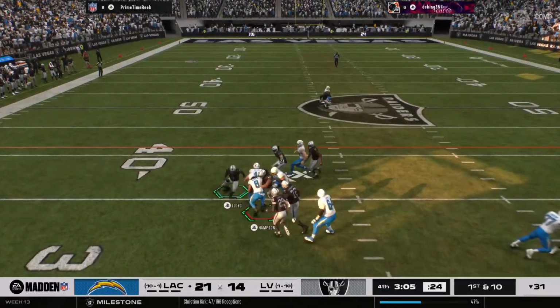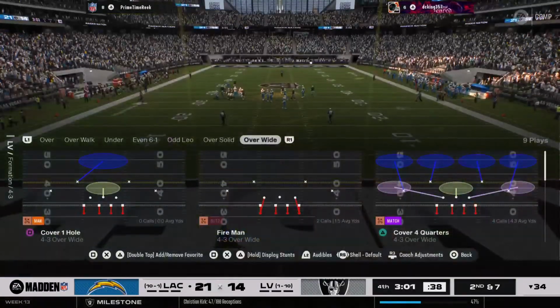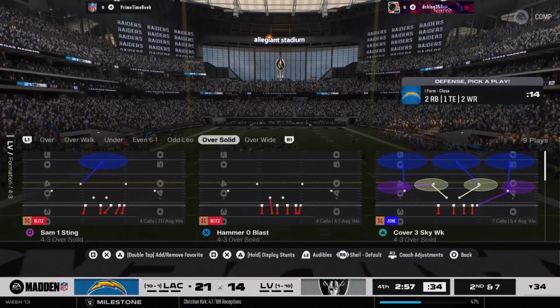Hampton now up the middle. So call this a modest gain here, Brock. About 3 yards. 2nd down coming up. He's tackled at the 30-40-yard line. It's a pickup of 3. Brings up 2nd and